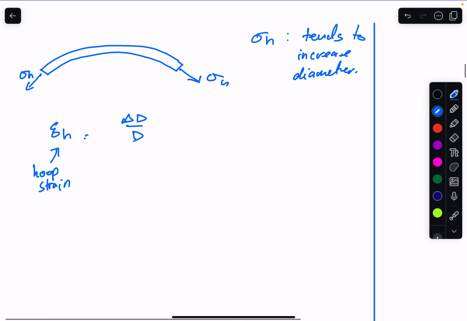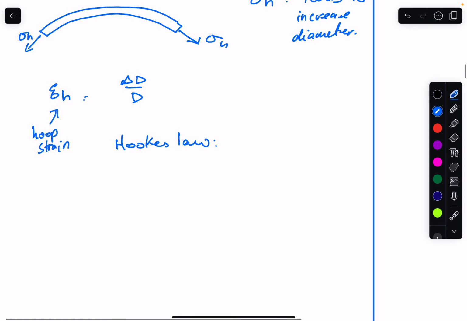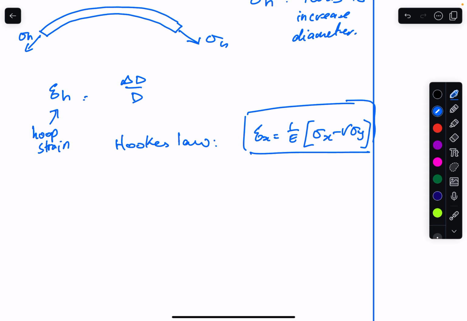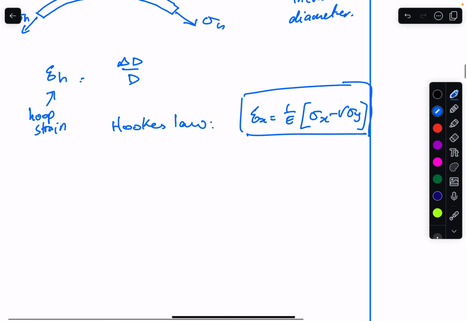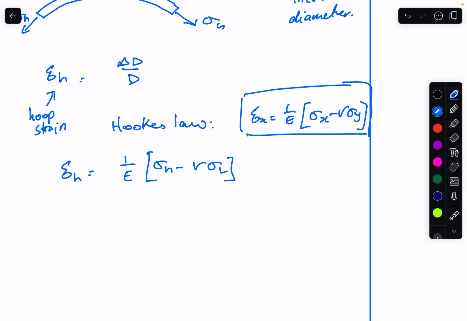Right, so if we go back now to Hooke's law, we could recall that on the side we had epsilon x was 1 on E, sigma x minus mu sigma y, right? This was in the Cartesian coordinates, or x and y coordinates. In the case of hoop, radial and longitudinal, let's replace the x and the y with hoop, because remember we had hoop